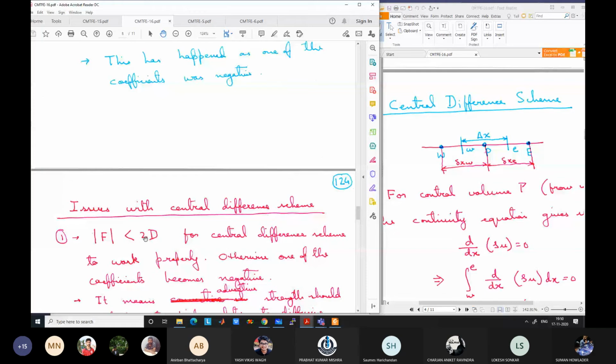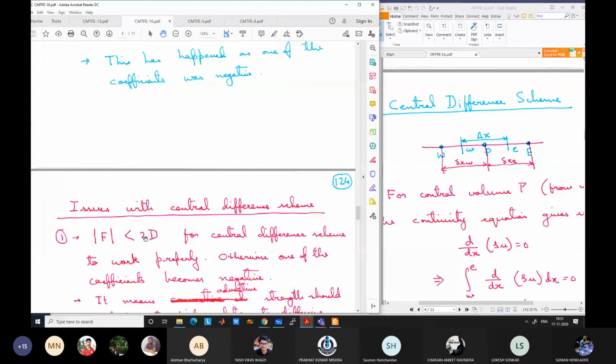If it is a flow dominant situation, which is the case for most cases, diffusion is slow. For example, there is a flow through a pipe. What will be the heat transfer due to the conductivity of water? It will be much less compared to the heat transfer due to the flow of water through the pipe. So conduction will not play any prominent role. If one end of the pipe is at high temperature and the other end is at low temperature, this high temperature information will be brought inside very quickly because of the flow, not because of conduction. Conduction will be much slower if I have a significant velocity.